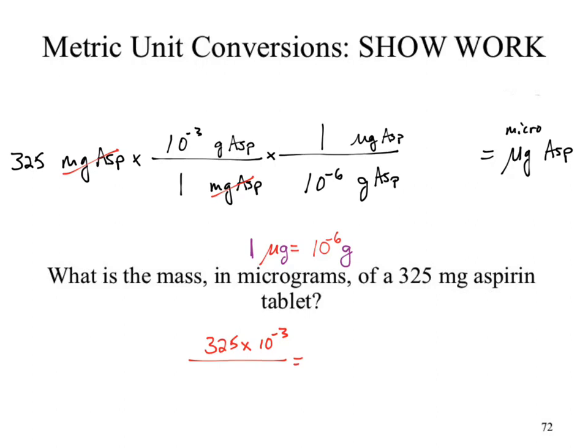My calculator tells me that that is 0.325. Okay, I multiply 1 times 10 to the negative 6, and I'm just going to write it as power of 10, that it's 10 to the negative 6. Okay, now I can enter in the calculator 0.325 divided by 10 to the negative 6, and I get the answer